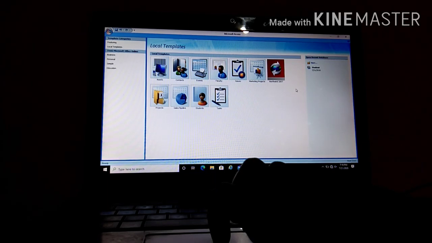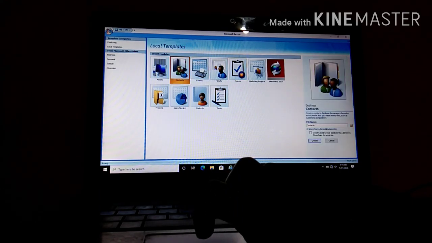In that, what we are going to do is select Contacts. This one, click on it. Suppose you want to create a list of contacts of your friends, then you can type contacts of friends here.